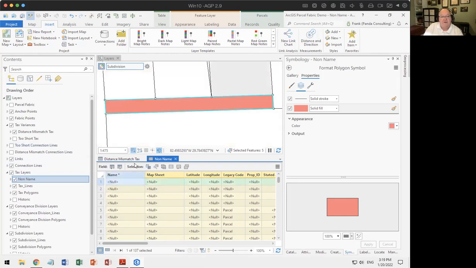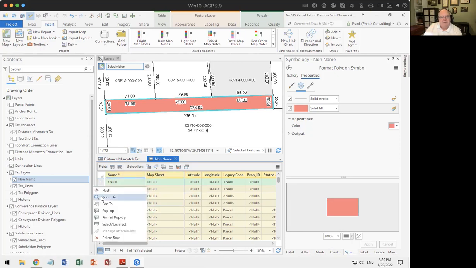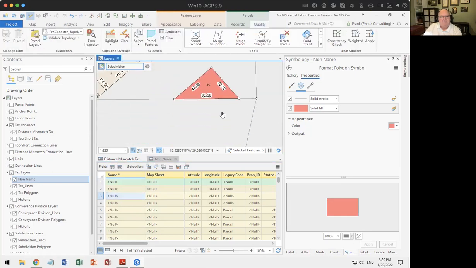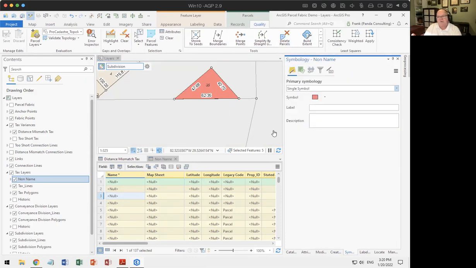I'll go in here and I'll zoom and I'll look, oh, there's a right of way that the customer didn't provide a name for, or they forgot to put a name on there, or there might be a sliver or a triangle. There's something wrong here. So this type of an approach to error identification, and I consider these errors,